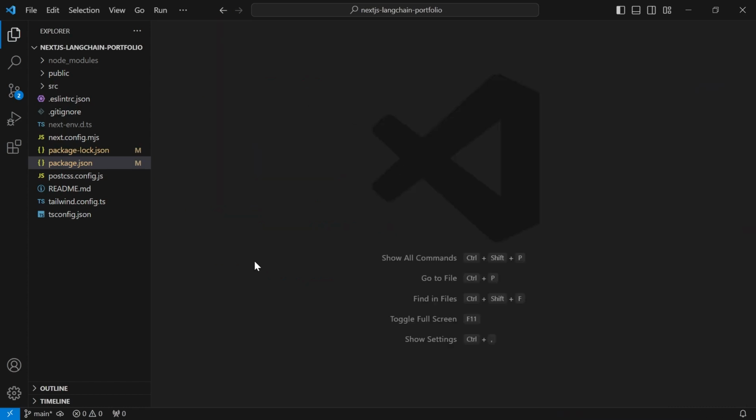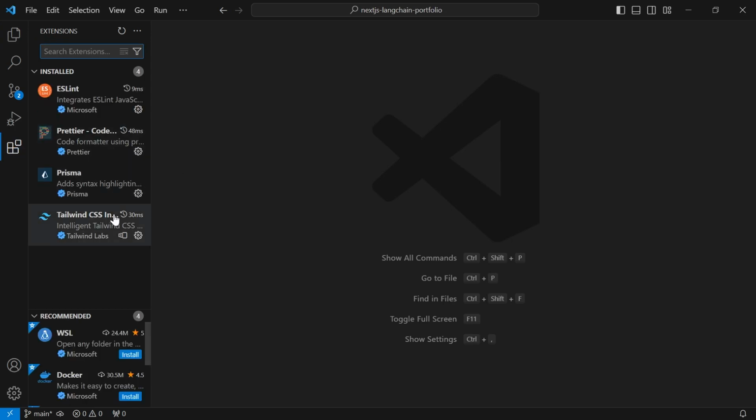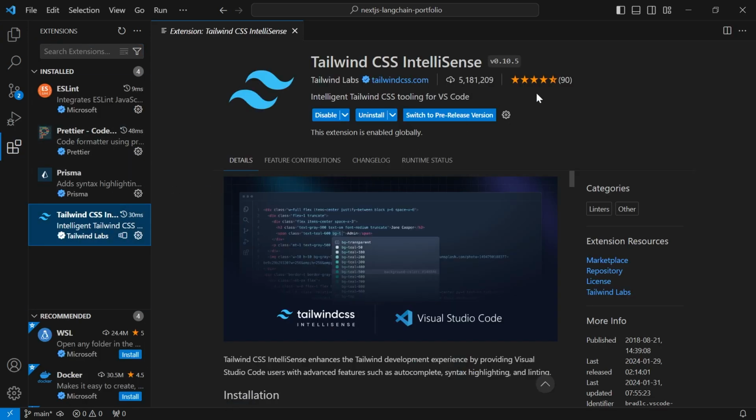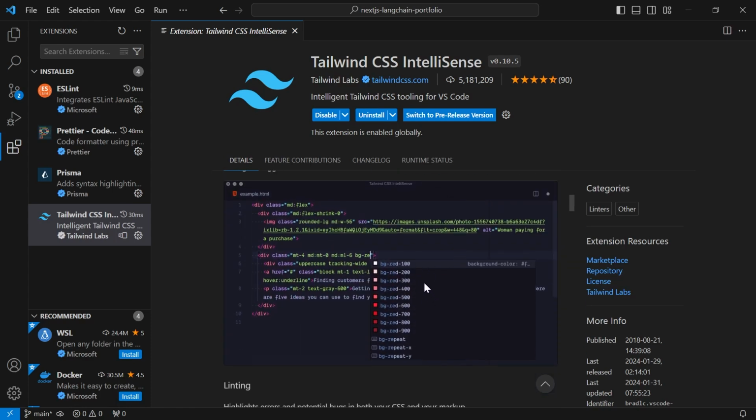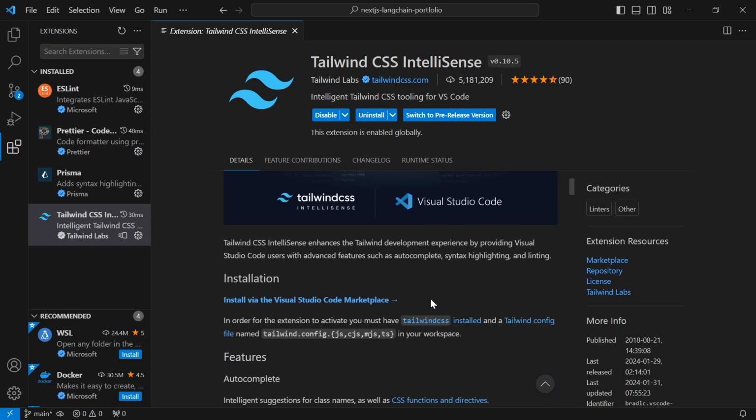Next, I also want to set up your IDE properly for Tailwind CSS and Prettier to make working with our code as comfortable as possible. Those are steps you have to do yourself even if you downloaded the starting code, because those are settings in your IDE that we have to change. First of all, we go to the extensions, and I recommend that you install this official Tailwind CSS IntelliSense extension, because this way we get autocomplete for Tailwind classes, which is extremely useful. I would even say that working without this is probably a nightmare. So install this